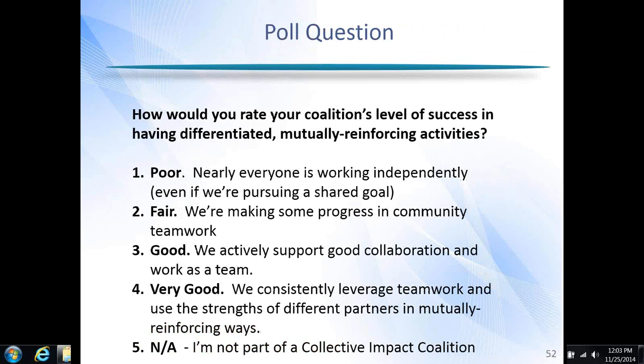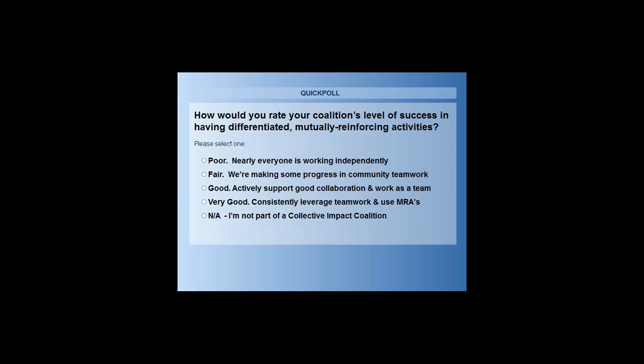How would you rate your coalition's level of success in having differentiated, mutually reinforcing activities? We have poor, fair, good, very good, or NA if you're not part of a collective impact coalition. We'll select that poll, launch it, and you can pick which best describes your community's effectiveness in having differentiated, mutually reinforcing activities.